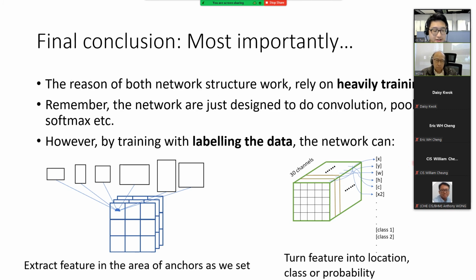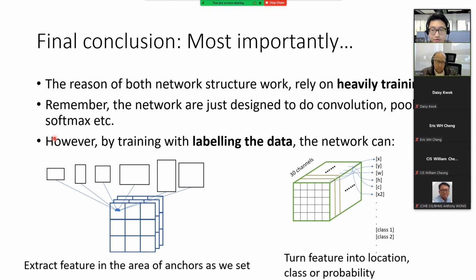But most importantly, or finally, the final conclusion: the reason why these two models work is because they have training. They have heavy training. Because they are deep learning models, of course they have training. You may think I'm just saying some trash, but no, I want to keep mentioning that because of training, these two models can work. So please remember, when the researchers designed the network, we just designed it to do convolution,